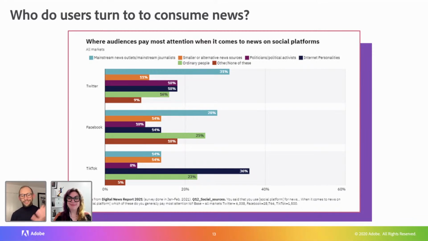You see that isn't really a thing, where that black line is about internet personalities. So when I say it's slightly concerning, it's because that younger generation is getting their news from individuals, not necessarily those accredited news sources. But it's actually a really interesting dynamic that we've seen play out for a few years, where it's much more focused on the individual creator, where a lot of the community comes around and where trust is built.